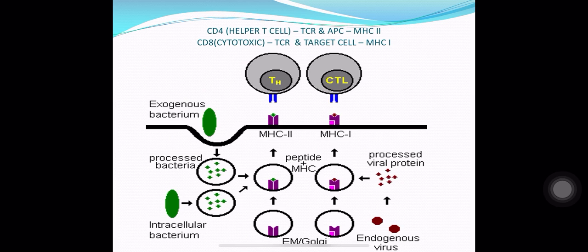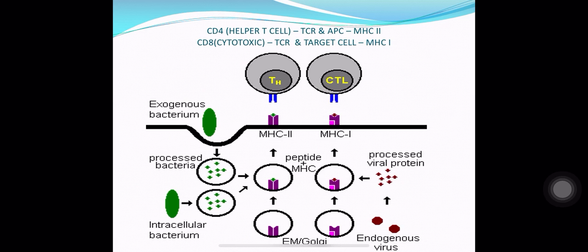The antigen presenting cell will present with MHC2 to the T helper cells. The receptor on T helper cells corresponding to this MHC2 is the T cell receptor. So the combination becomes T helper cell with TCR or T cell receptor binding with MHC2 molecules on the antigen